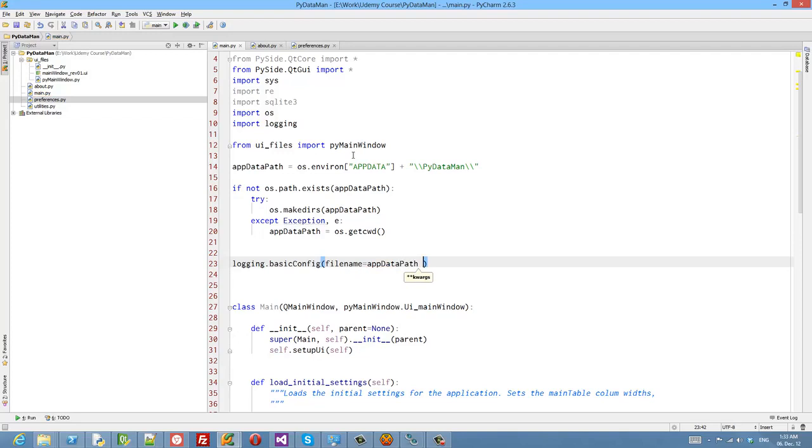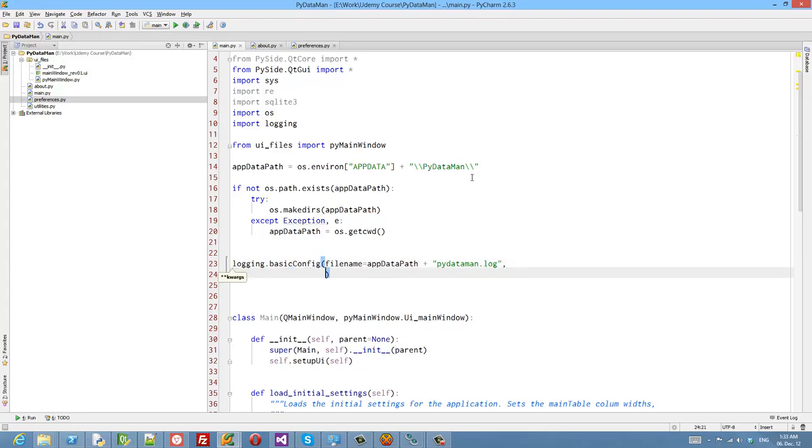Remember that every file that we save and use from now on in our application, unless otherwise specified, will be saved in the application data directory. And then here again I'll say plus, we'll not use the join method. Let's call it pydataman.log. Fairly simple. The next parameter that we need to pass, and since this is going to be a long string, I'm just going to put it on the next line, is the format parameter. And the format parameter basically outlines what our log should look like. So if we just, for example, had a traceback of what happened if there was an unhandled exception in our application,